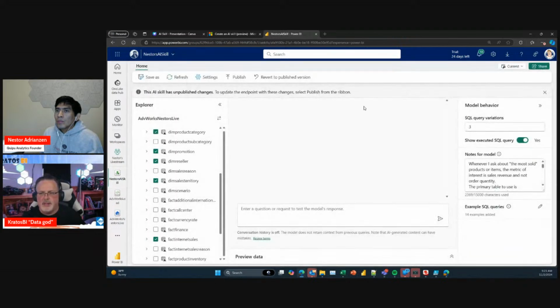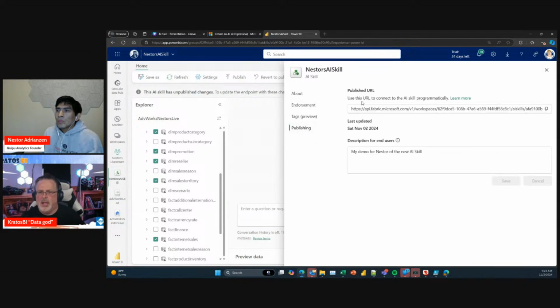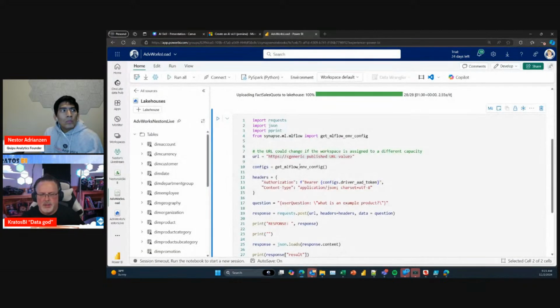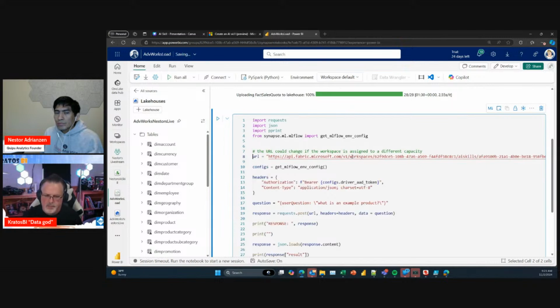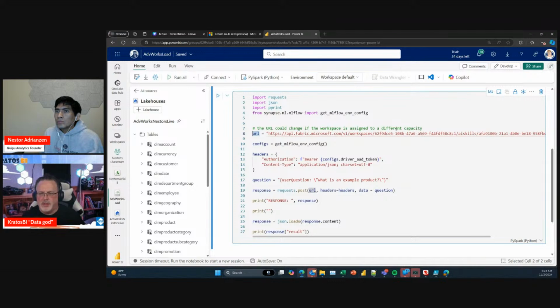That is something that's easily accessible. All I have to do is go into settings and then go to publishing. And here is the URL that I have for the AI skill. Once I copy it, I can go back to that notebook and change this to the URL. Now when I run this notebook, it's going to call this URL and ask, what is an example product? So if I hit run,